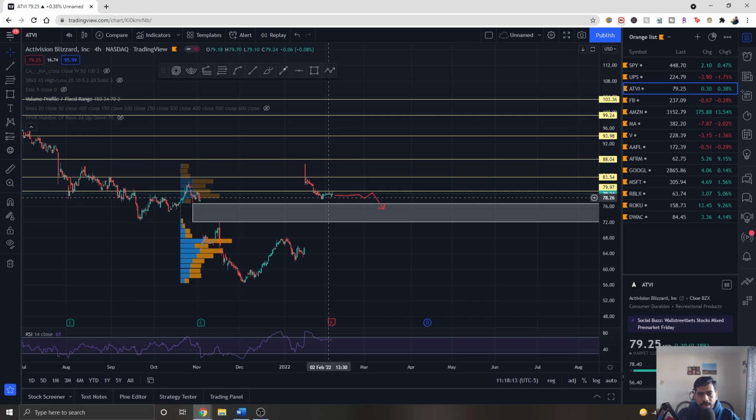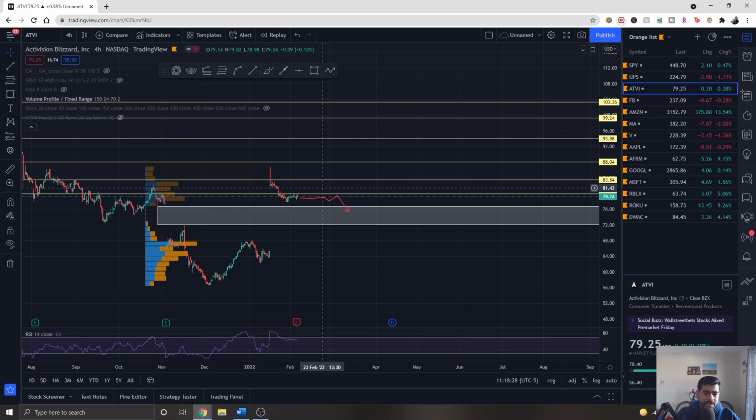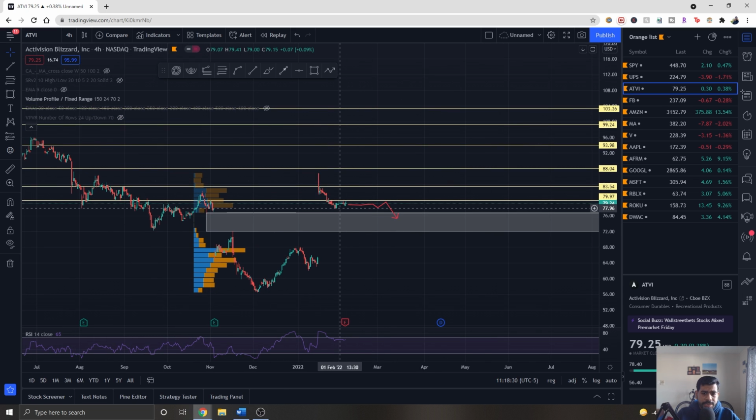If we broke below 77, then there is no volume in between to stop it from going towards like $72 or $70. Now that's what I'm watching. Let it break that $77 level, let it give us that confirmation, and probably from that point onward I will decide to open a trade or not. Most probably